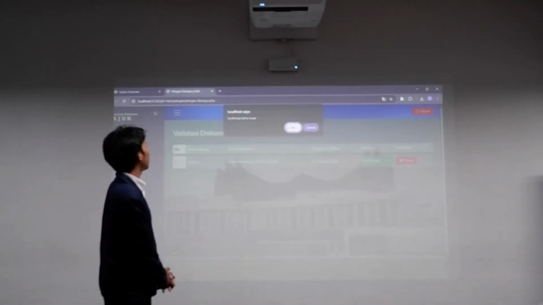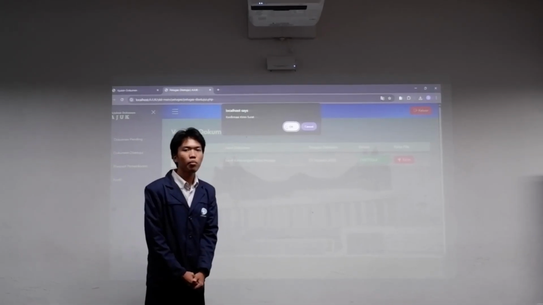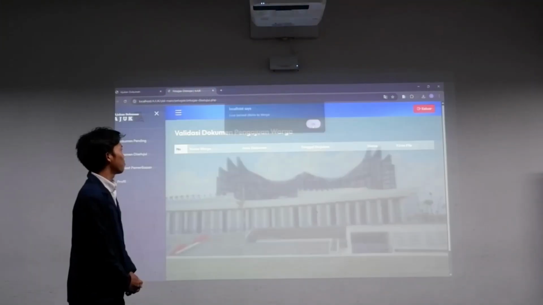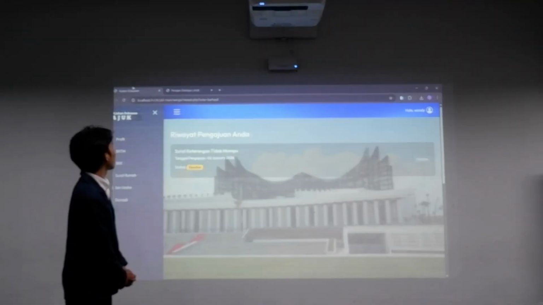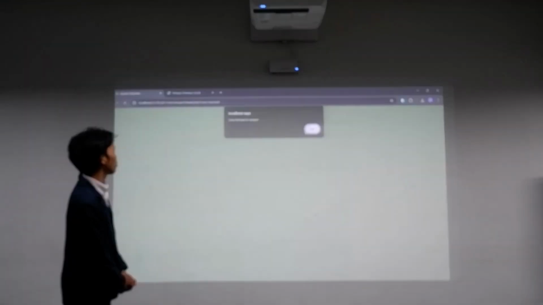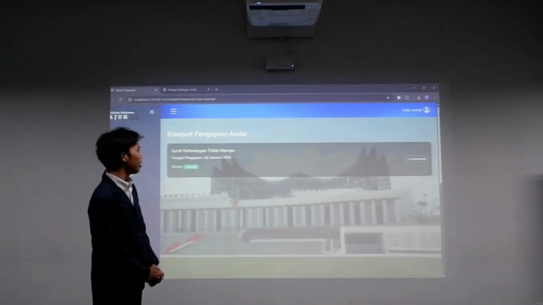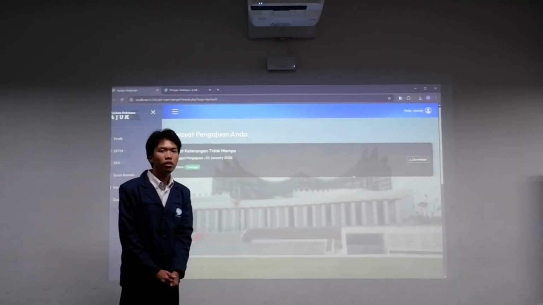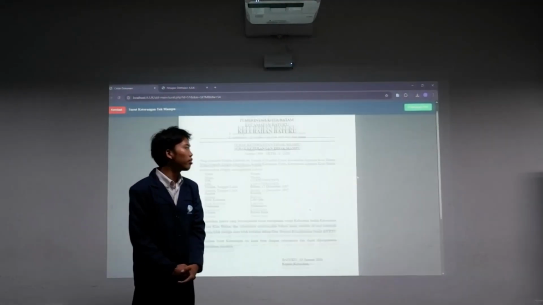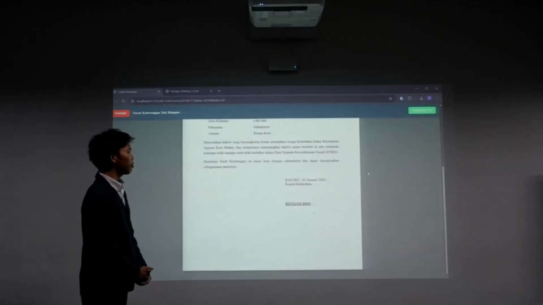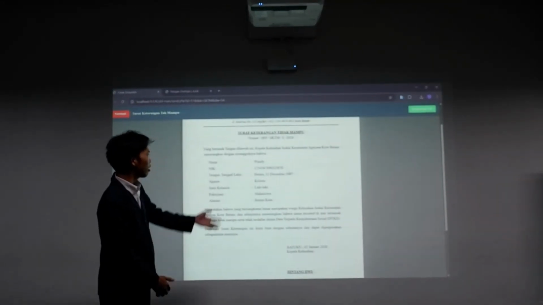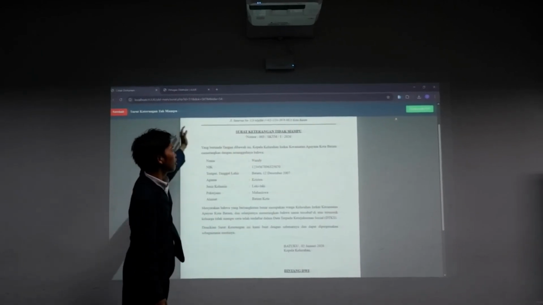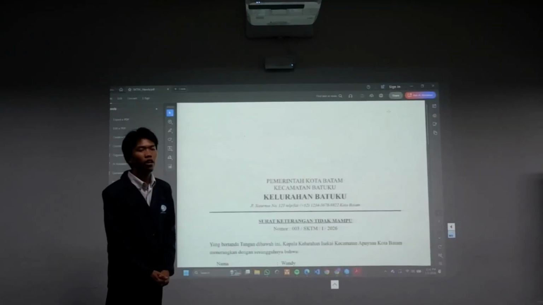So the officer will send the document that has been agreed back to the resident. Okay, this is the final case. The resident can download the result that has been agreed by the officer. So they can download the result in PDF format.